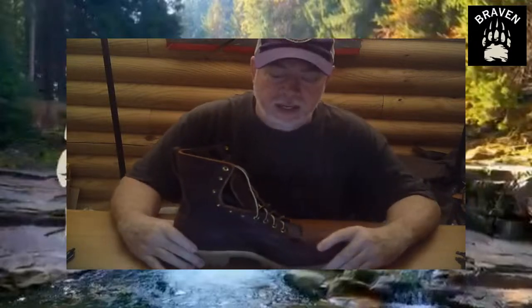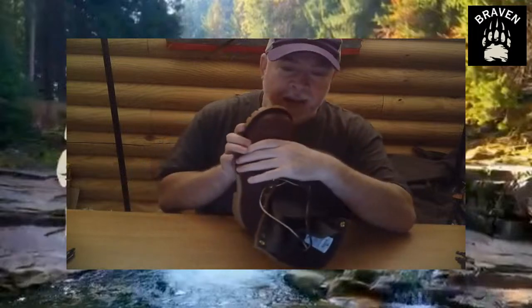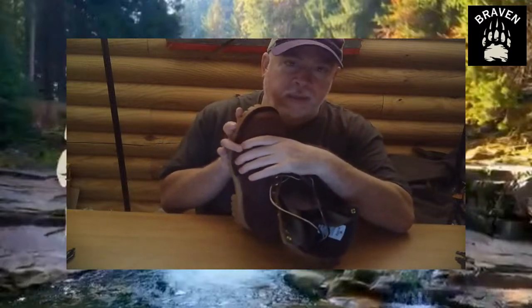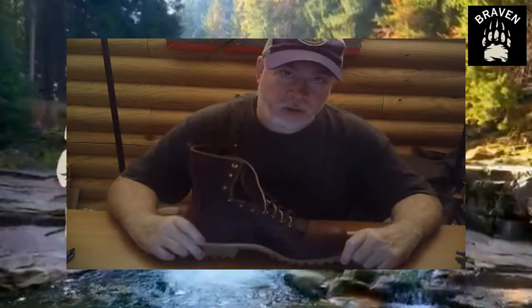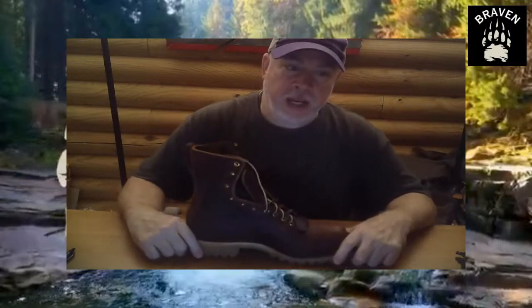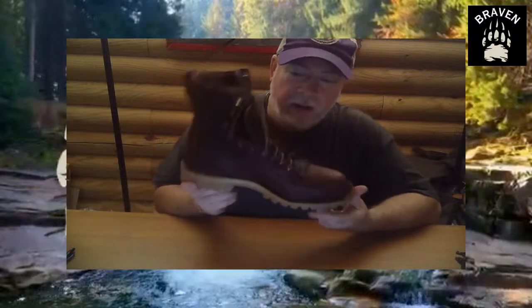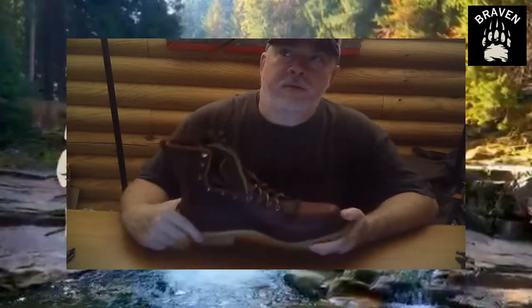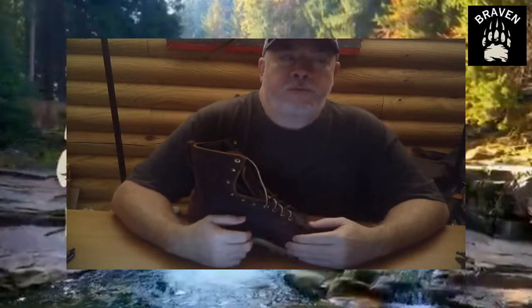They just weren't wide enough. I have pretty wide feet. And so they just weren't wide enough. And they were really constricting me in the arch and in the width of the boot. So I was forced to have to return the Bear Slayers and get a second pair of boots. And so that's where I got this pair. I replaced them. I would have loved to have had a pair of those Rose Anvils, but unfortunately, there's such